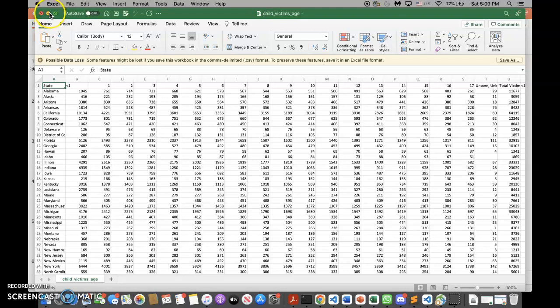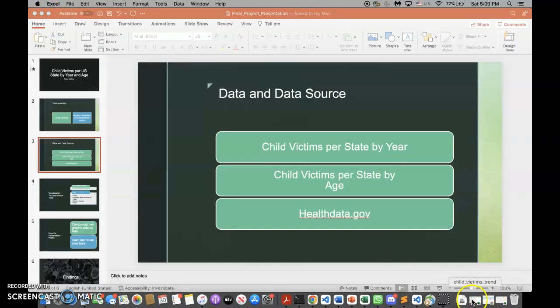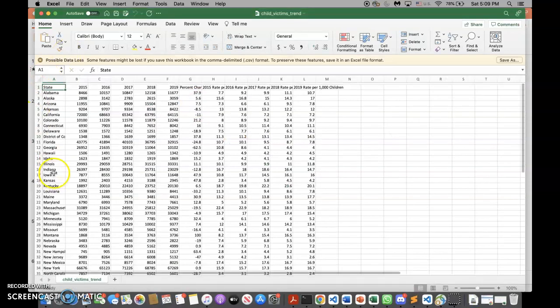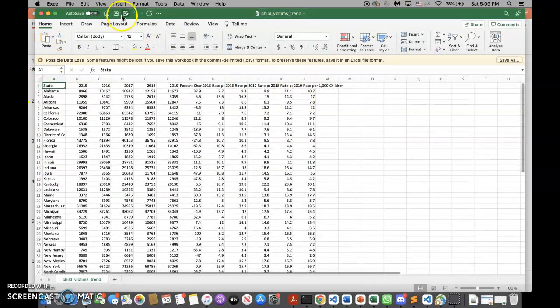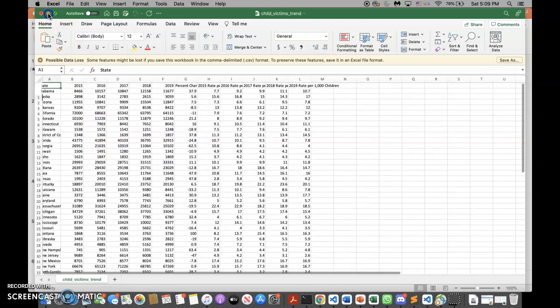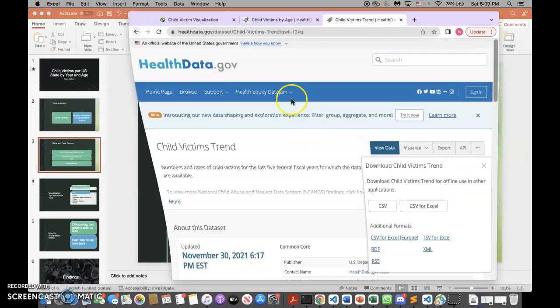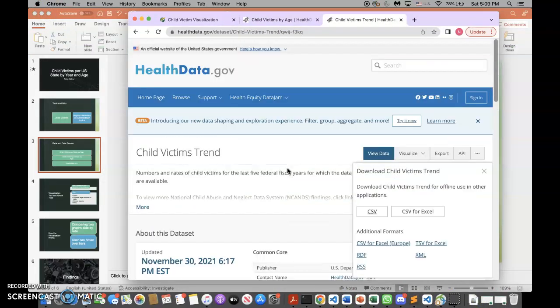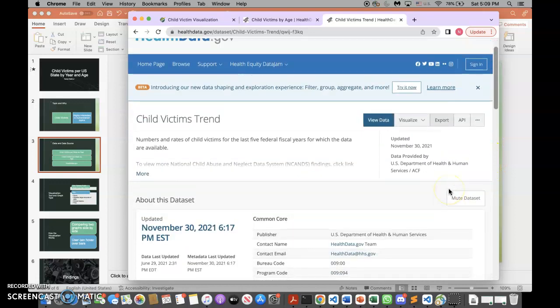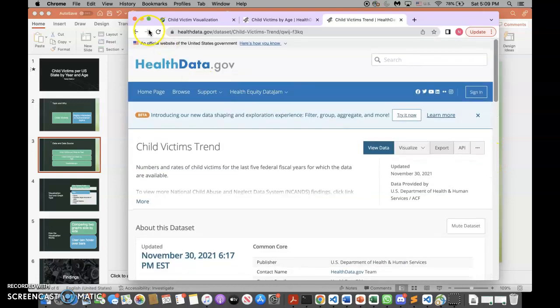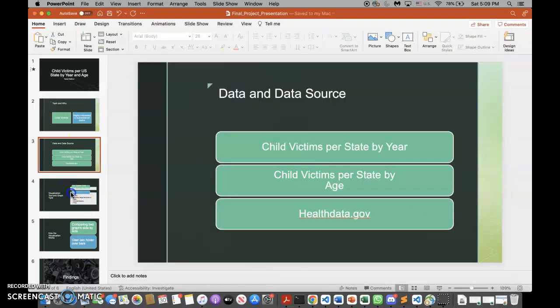Here's the one that showcases the age for the child victims, and then this is the one per year from 2015 to 2019. And then I can even show the site, healthdata.gov, and this is specifically where I downloaded it from. And so moving forward,